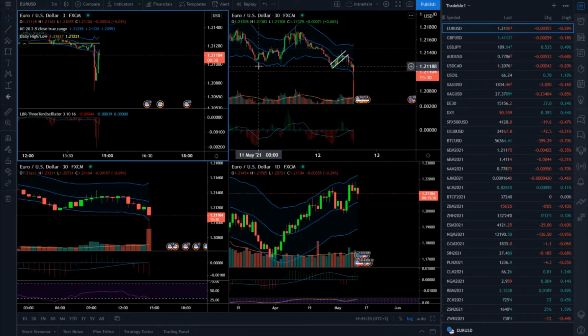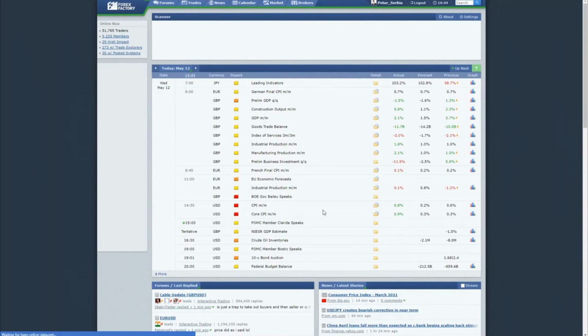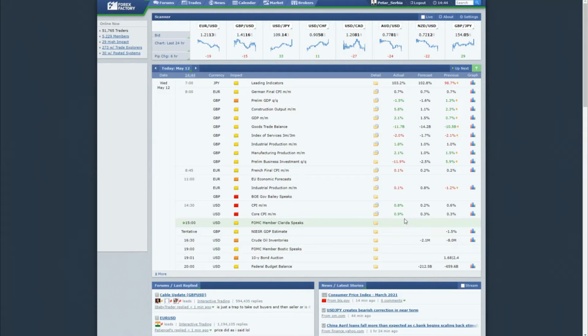Hello there, traders. For today's analysis, I decided to cover the euro dollar, and I will speak also about the pound dollar because I think there is some interesting price action that happened after the CPI. So we did have, actually just 15 minutes ago, the CPI came positive,